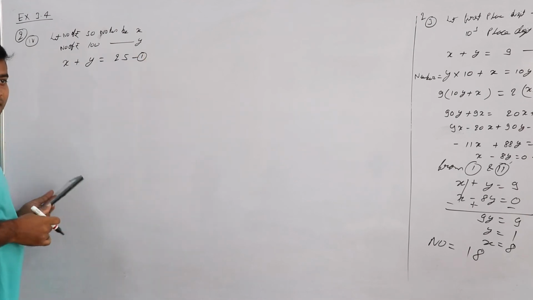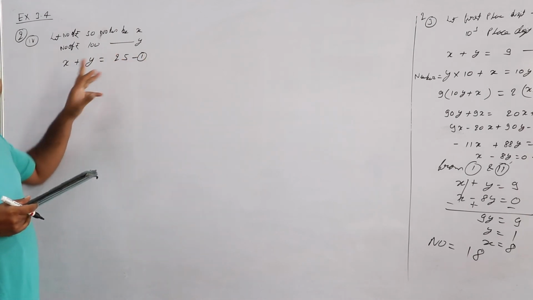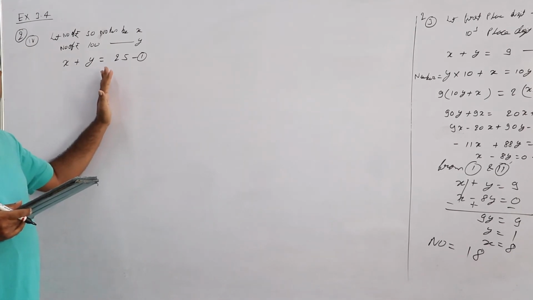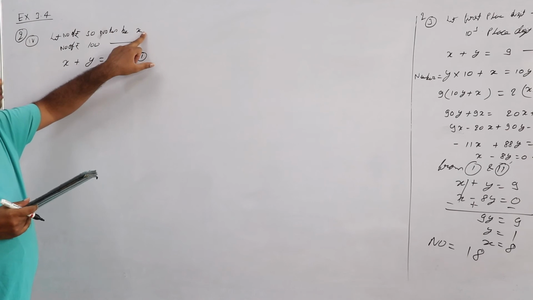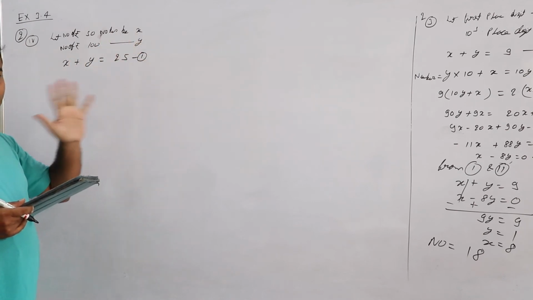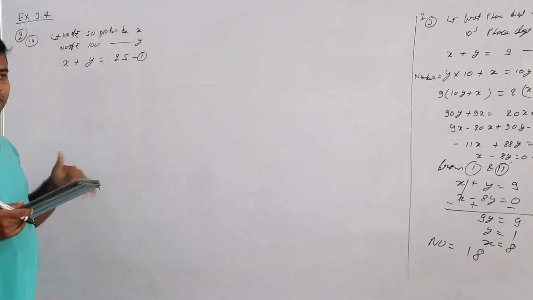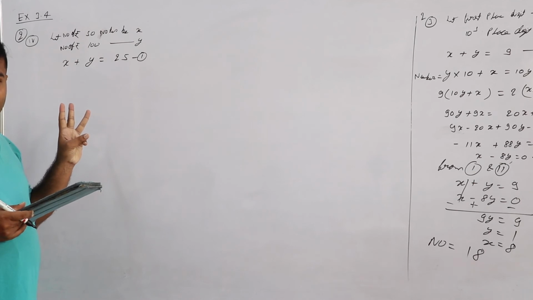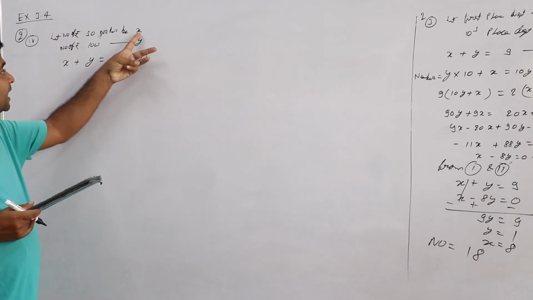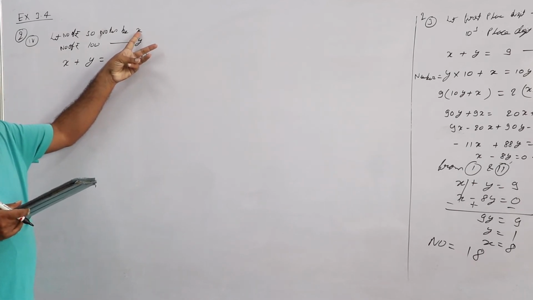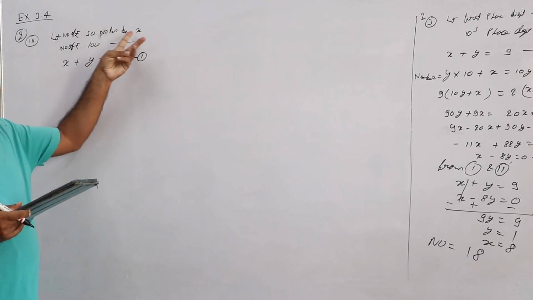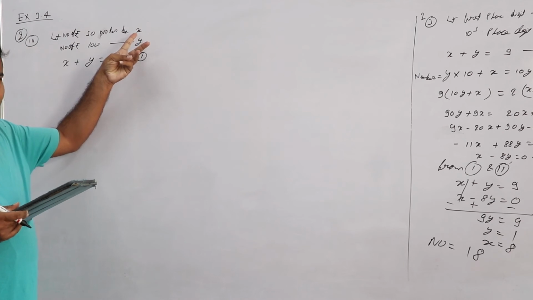Yes? Now the value is given, 2000 rupees. Total value is how much? 2000. So what is the value of x notes? Like if you have 5 rupee notes, say 3 notes of 5 rupees, how much rupees do you have? 15. Getting it? So if I have x notes of 50 rupees, the value is 50 into x, 50x. Getting or not? Yes, sir.